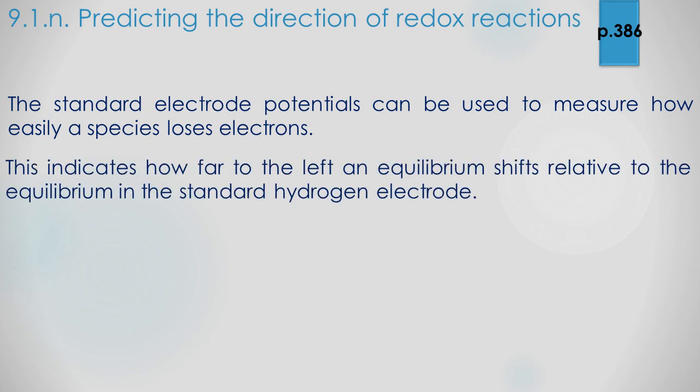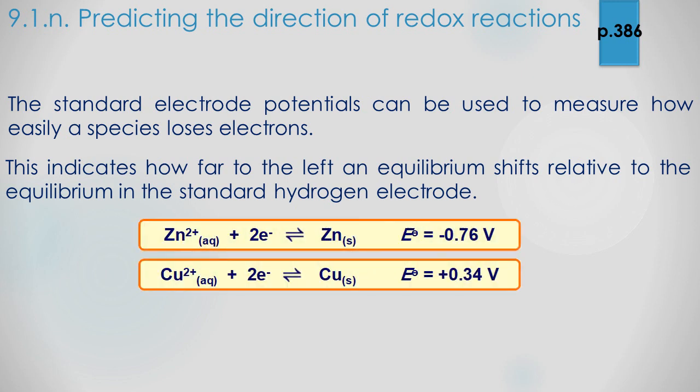This indicates how far to the left the equilibrium shifts relative to the equilibrium in the standard hydrogen electrode. So for example, if E0 is negative, then, let's say considering Zn2+ + 2 electrons forming Zn, the E0 is negative 0.76. This means that the equilibrium shifts more to the left than to the right because Zn is more easily oxidized. However, in the case of copper, Cu2+ + 2 electrons forming Cu has a positive E0,